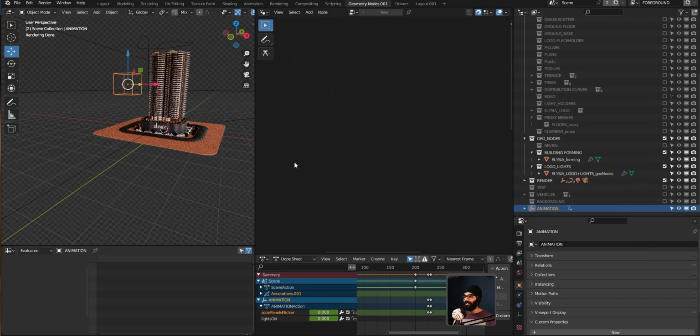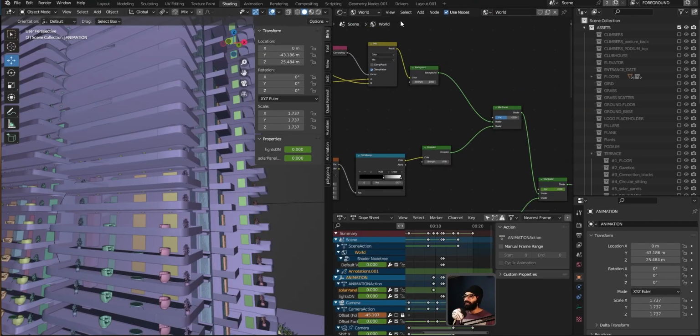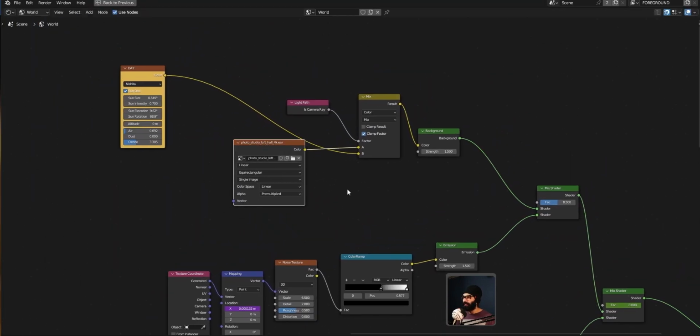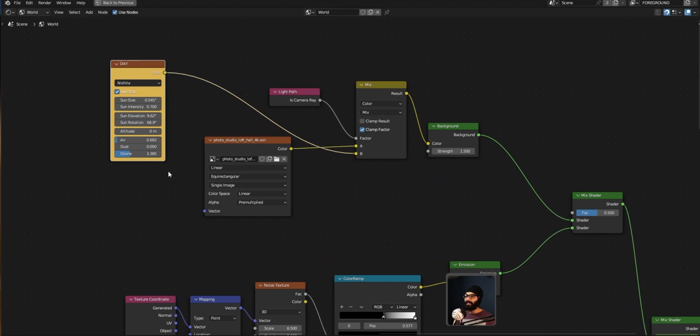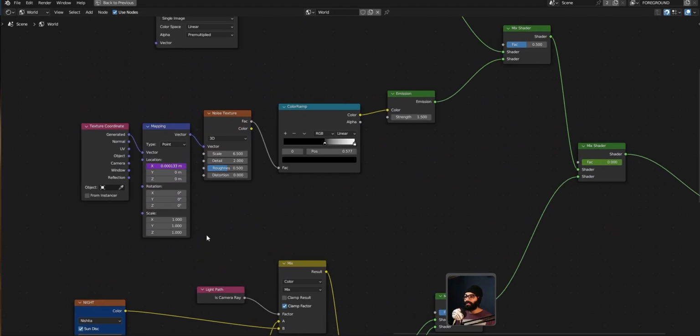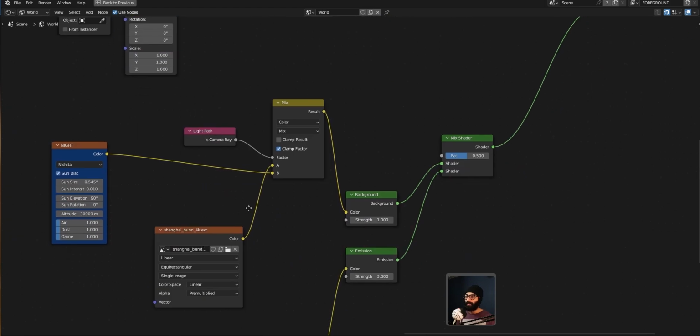Drivers operating world shader day and night. This is again a Kaizen tutorial. I had watched his tutorial. Now here is a very simple, doesn't look simple, but all that is happening is this day and night I've taken exactly from his tutorial. Again, I've added drivers here, just frame driver, and what I've done is